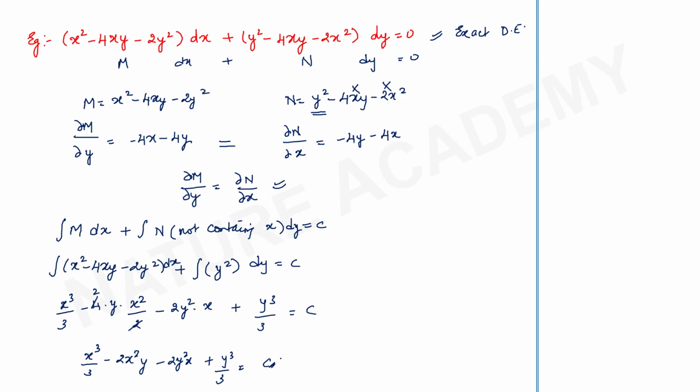What we have to note here is that we can solve this differential equation in homogeneous differential equation format also. But in that case, we have to reduce the differential equation to variable separable form, but it will be a lengthy and complicated process. Okay. So this was the direct exact differential equation of first order and first degree. Sometimes in the given differential equation, you will not have dou M by dou y equal to dou N by dou x.